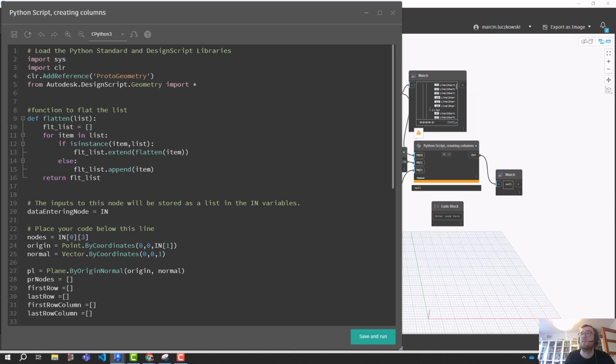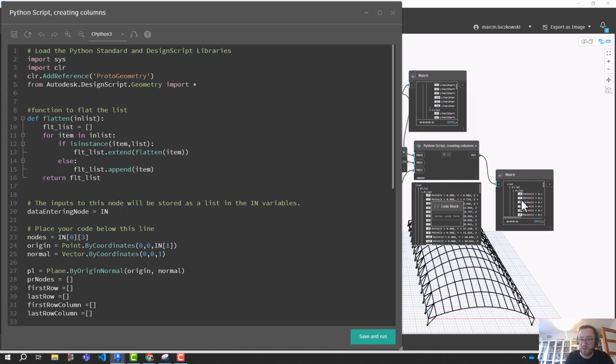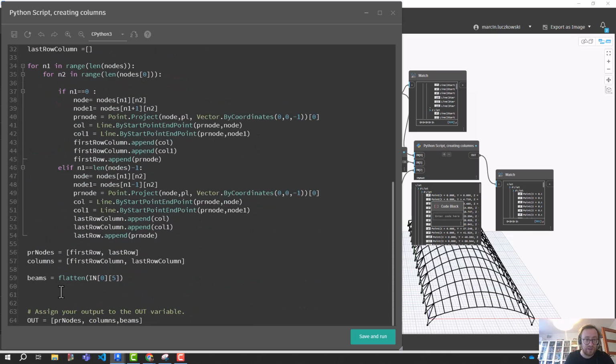Okay, let's take a look. Okay, I found the bug and it's quite a basic thing. I used the keyword list as the name of it, so I have to change it to something different. This is list or maybe input list, something like this, because what we are checking here is if the item is a list. So list is a forbidden word. If I do it like this, then you see that I have one long